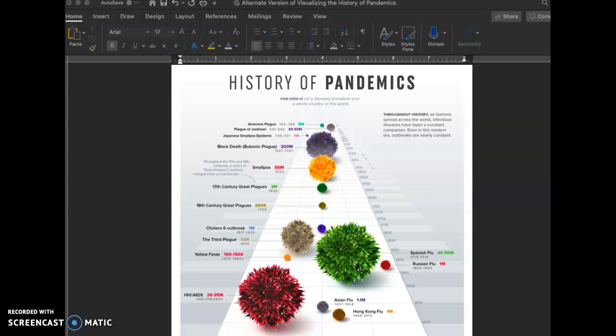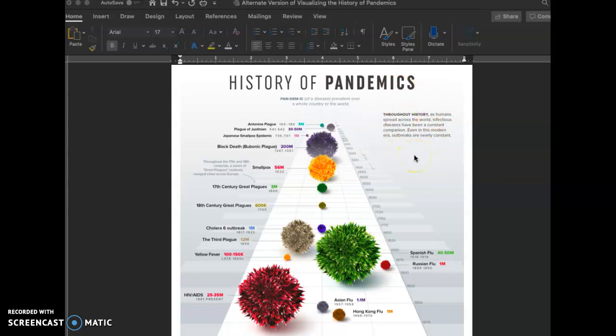Hey everyone, we're going to be starting a mini unit for the next 2 weeks on microbiology, which is going to be super useful for high school. But we're going to use the current pandemic and all the pandemics that we've experienced in the past to discuss these basic microbiological concepts. So we're going to go ahead and get started with this article called History of Pandemics.